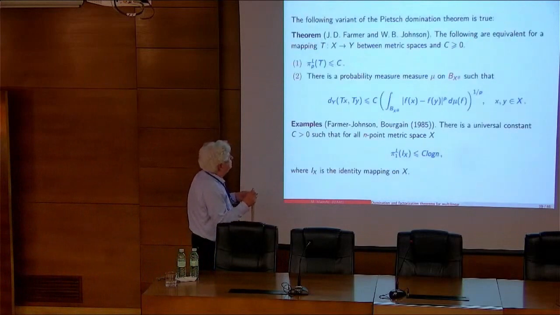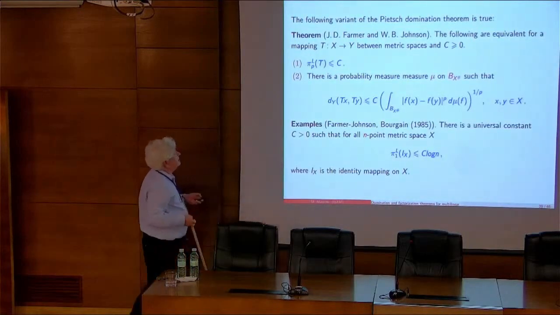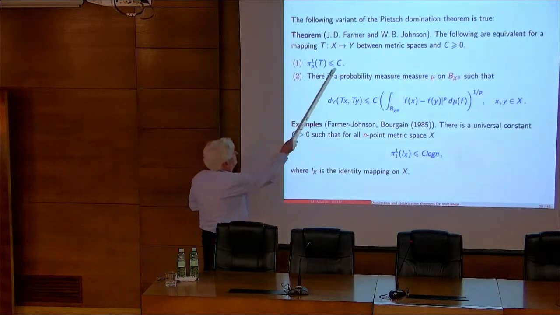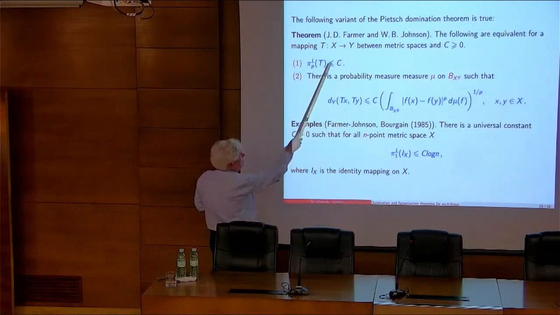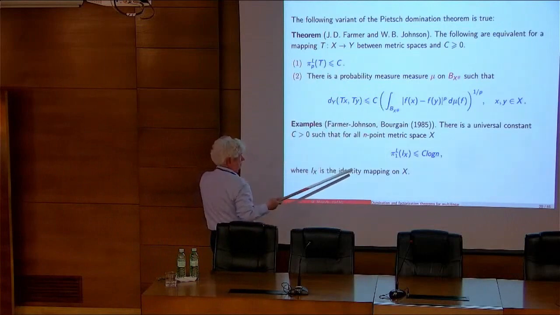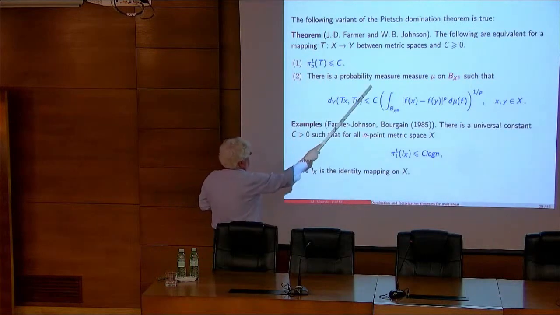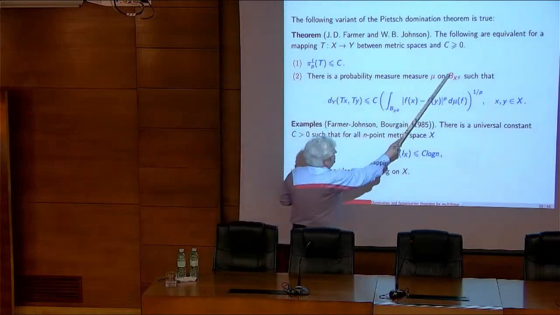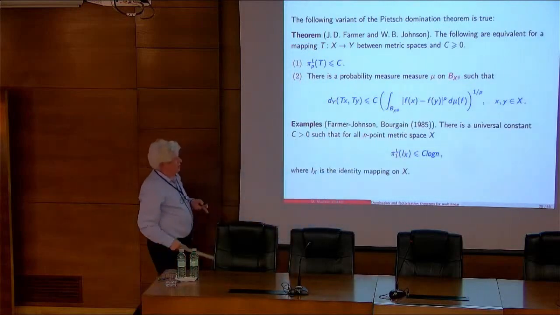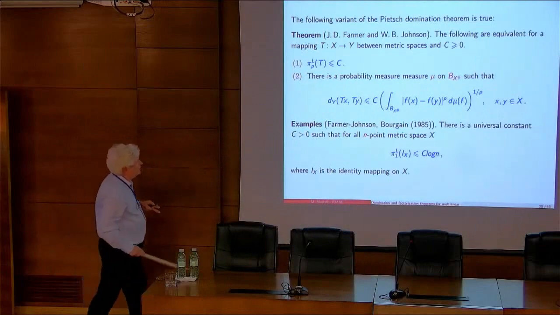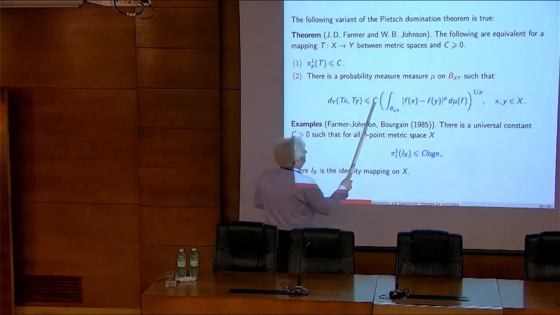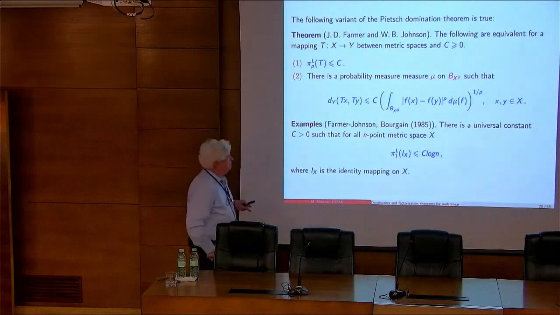Okay? So this is their result. Let me only write it in the form of domination, because there is also a third equivalent condition, which is the variant of Lipschitz factorization. So the Lipschitz P-summing norm is less or equal to C. This is equivalent to saying that there is a probability measure on the compact unit ball of our Lipschitz space for which we have the following estimation.